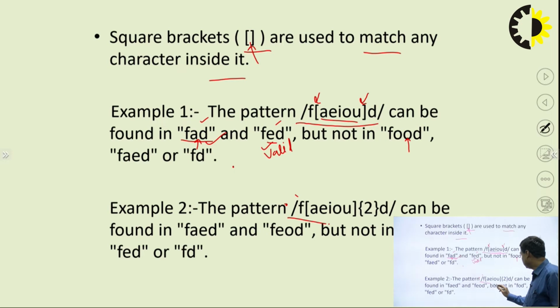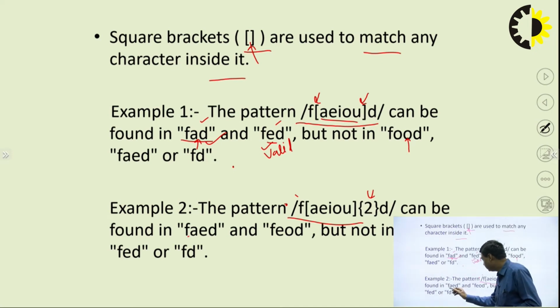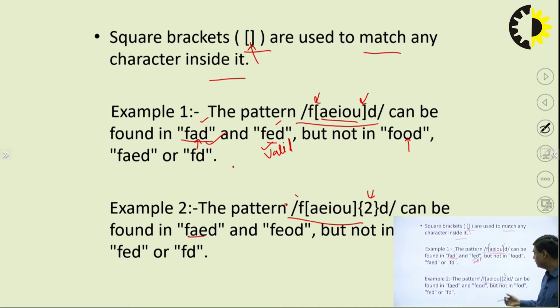Now in the second example we have AEIOU. We can put a fixed number here, that is the 2. You can see here the 2 is there. Meaning, you can take any set of characters from here, and the exact number of characters taken from this bracket should be 2. So it can be found in AE. A and E are the 2 which is already defined in the bracket 2. Then EO is also part of this set,